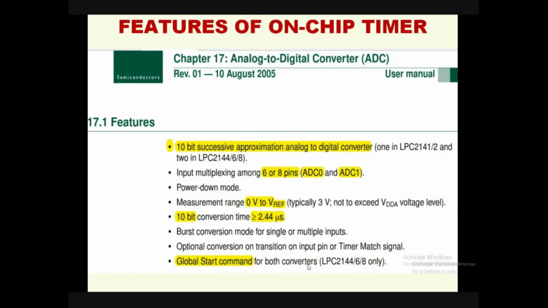So simultaneously, at the same time, the current has to be sampled. Simultaneously, voltage has to be sampled. If the current is sampled in the ADC 0, voltage will be sampled in the ADC 1, and the global start command helps us to take both the samples simultaneously at the same time. Hence, the output of ADC 0 and ADC 1 can be multiplied to get the instantaneous power. Along with the time, it will help us to compute the energy and do the necessary computations later.